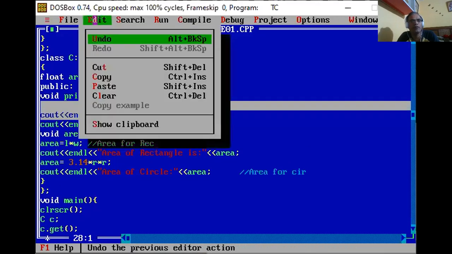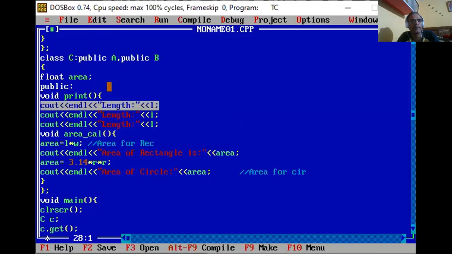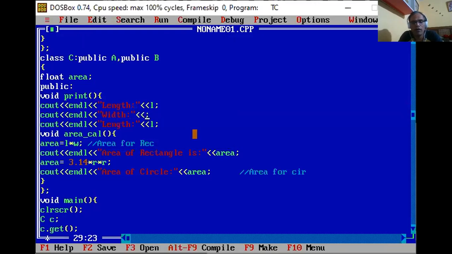And we also print radius R. So length L, width W, and radius R. I hope you understand here.